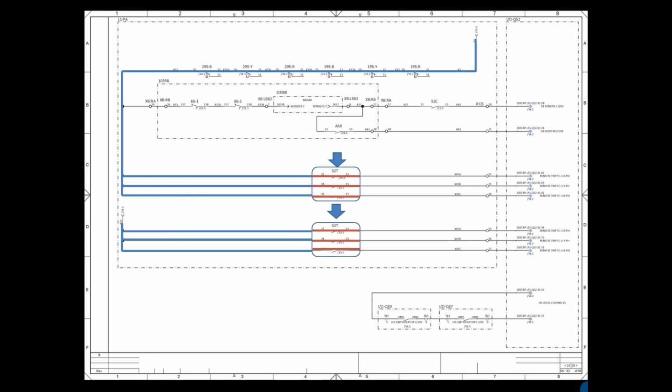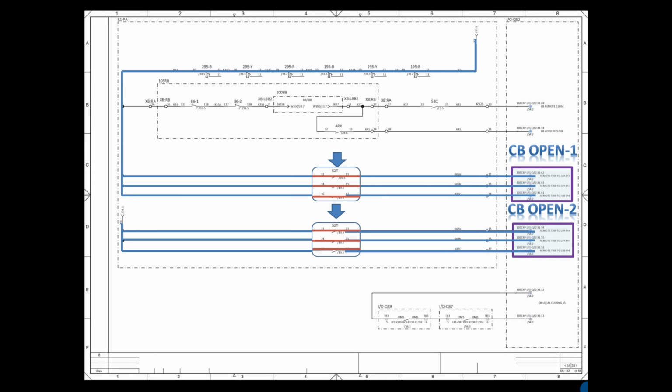Finally, we are going to see the CB close from local interlocks. Here local means at the yard. If you want to close the CB from the yard, from the CB control, then the hardware interlock should be satisfied.